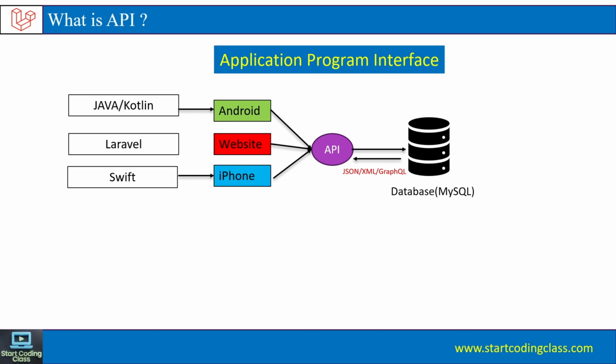JSON is very widely used. If you use this response in Android, Android can also use JSON format data in our application to insert data, update data, and show any user information. JSON is compatible with Swift, Java, Kotlin, and any other front end language. If your website is in React or Angular, you can also use JSON data there and show the information of the user. If you want to update any record in the database, you just need to call the API, and the API will insert the data into the database.